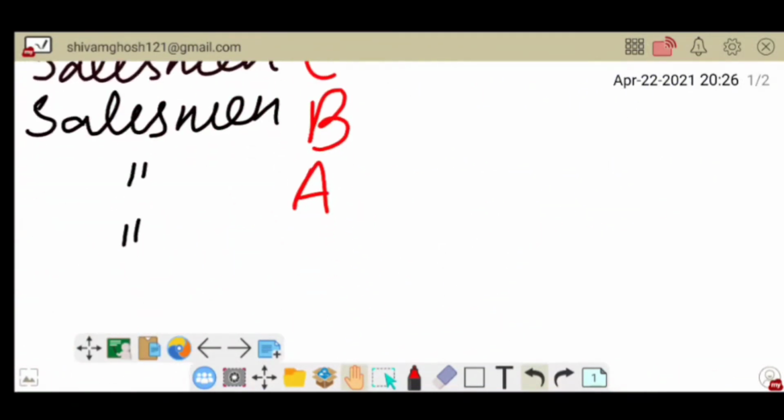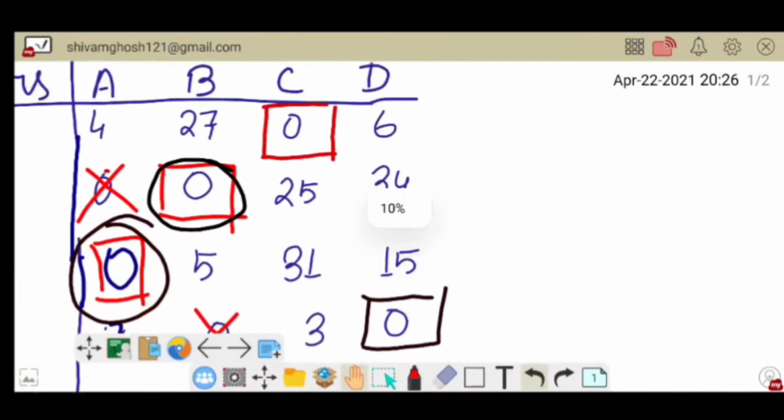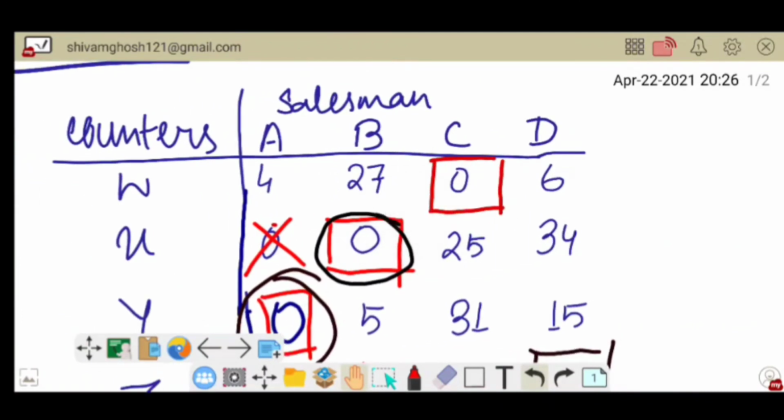So how much is it valuing? We can see for counter number W we are hiring salesman C and it is valuing 0. So what will be that amount?